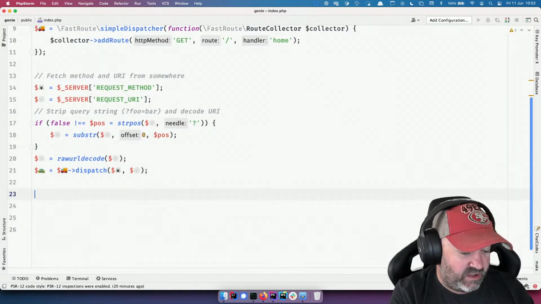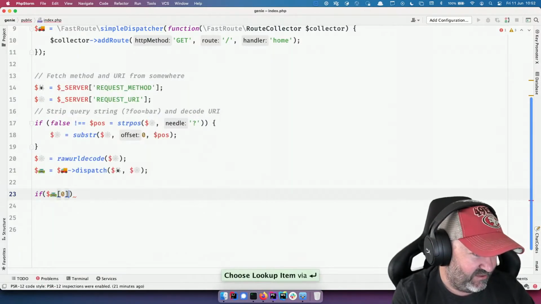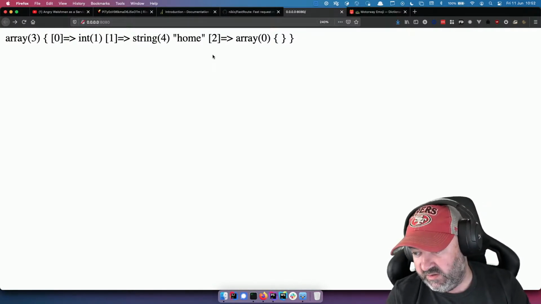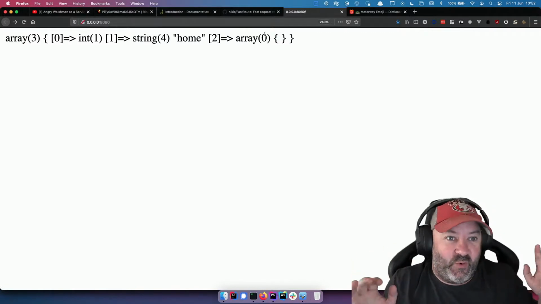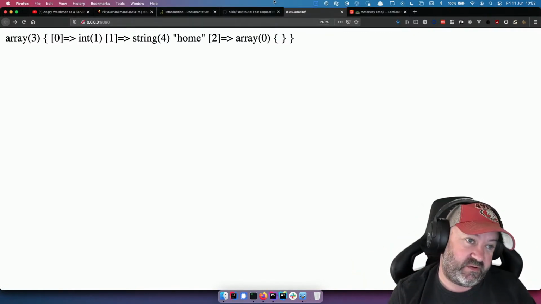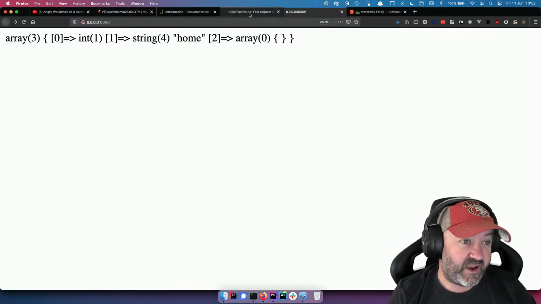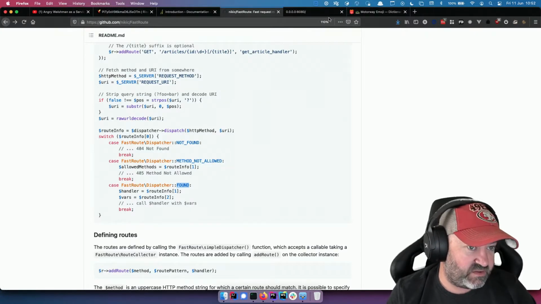Then we'll say if $motorway is not equal to, so I'm just going to throw an exception here. If it doesn't route. I'm not going to go overboard and say this is what the problem is, but we do need an emoji for the name of our exception. So, or combination of emojis, that's fine. So that's something you should definitely be thinking about right now. So if it's not dispatcher found,